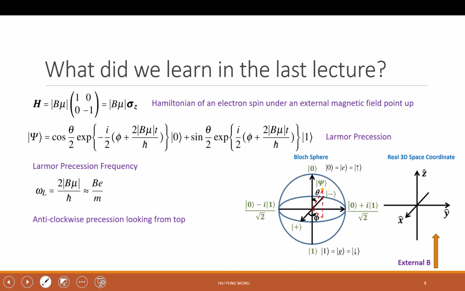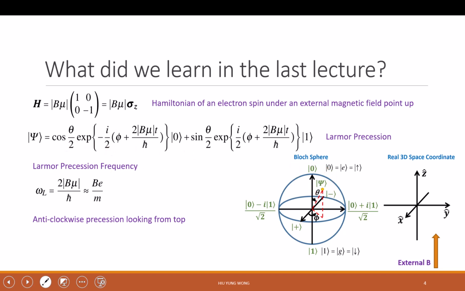So with this, we try to construct the Hamiltonian of this system when I have an external magnetic field pointing up. So I put an electron spin under an external magnetic field. What is the Hamiltonian? When it is pointing up, this is a simplified case. The Hamiltonian is just equal to the Pauli matrix times the magnetic moment times the magnetic field's magnitude. And we solve the Schroedinger equation, and we found that the state of the electron will change by precessing about this